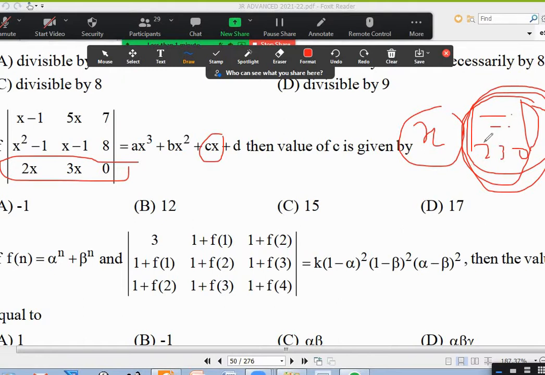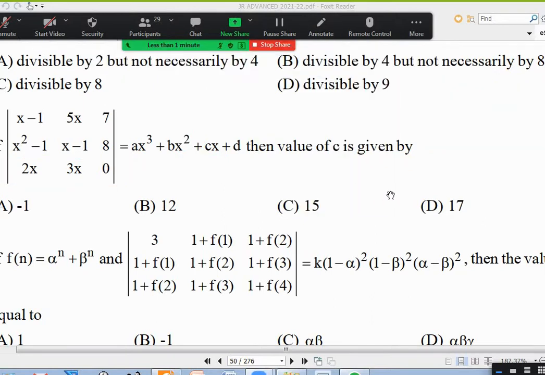So how to find the constant in any determinant? Put x equal to 0. So in the third row, take x common. After that, put 0 everywhere in the place of x and expand. You will get the c value. That's good. Who said that for the 17th question? Kaushik, sir. Okay, good.